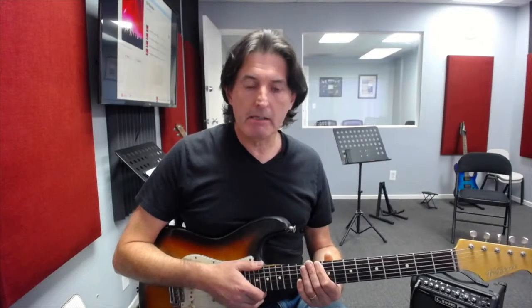There are 5 shapes or 5 patterns in the minor pentatonic scale that, if we know all 5, will link the fretboard together. And by practicing them and getting them together, we're able to move from one part of the guitar to the next part of the guitar and see it as almost one continuous scale. Okay, so we're going to look at the 5 patterns individually. We'll look at them from the point of view of being in the key of A minor, and let's get